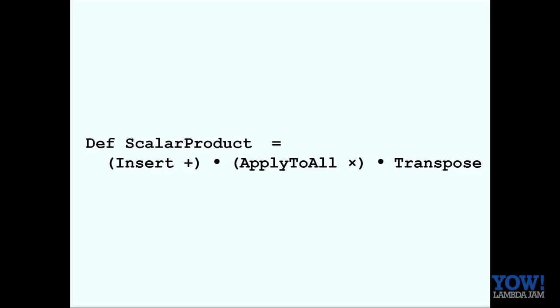This is matrix transpose to get a vector of pairs, applies multiplication to all the elements of the pair. So now we get a vector of products, and then we just add them up. And insert is what Backus called, what we now call foldr. So that would just sum the results, and we get the scalar product very simply. So you can see this program is treating the whole value, the pair of vectors, as a whole. It's not word at a time.